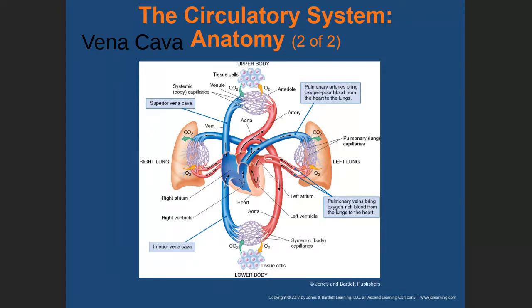Then the vena cava will break down into veins, right? So the vena cava breaks down into veins. Let me enlarge that. All right, that might be too big, but anyway, let me move it across. Right. So the vena cava,